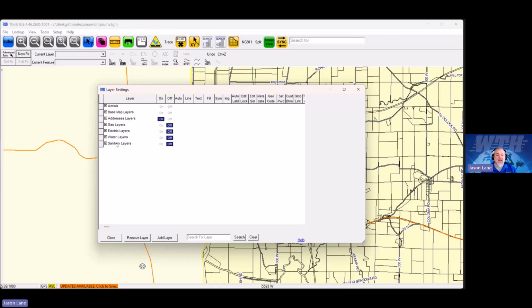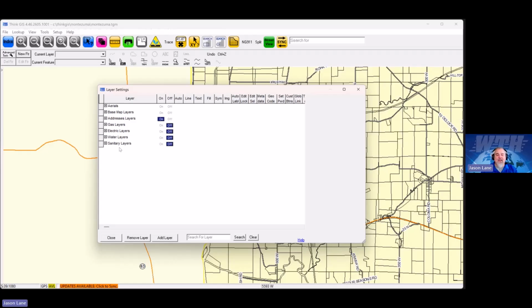Like a layer I remember seeing previously was a layer for potholes. They actually sent somebody out with a GPS and a map to essentially document every pothole they could find in the county. And so, if they made a potholes layer,